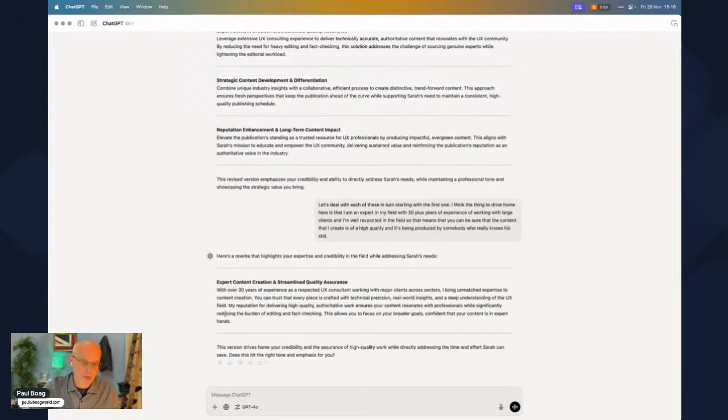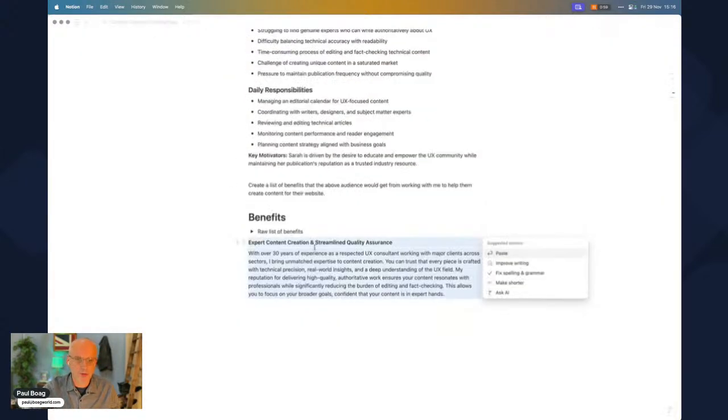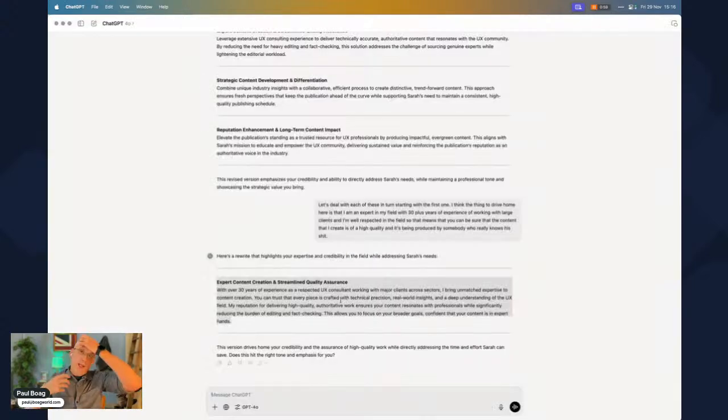Okay, so that's that one then. Let's do each one in turn. Get rid of those, dump that in. I know that's all still too long, but I hope what you're getting out of this is the way that I'm basically going back and forth with the AI and collaborating with it in real time to get where I want to be going, rather than sitting and writing all of the words individually.